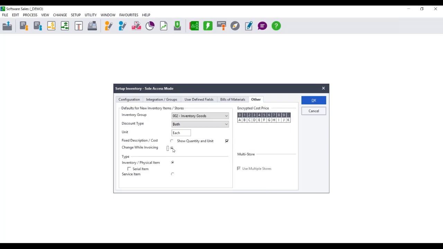That's where your maximum or minimum GP percentage might come in. You will allow changes, but only within that range. And then, is the inventory item a physical item or a service item? And if physical and you use serial number tracker, for those of you who don't know, that would be for Partner only. Is it a